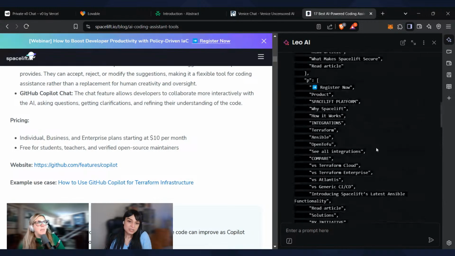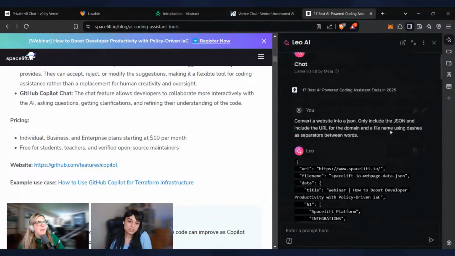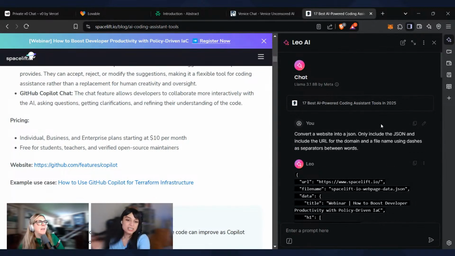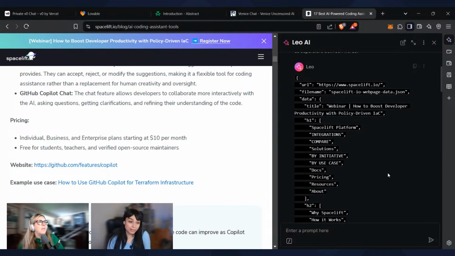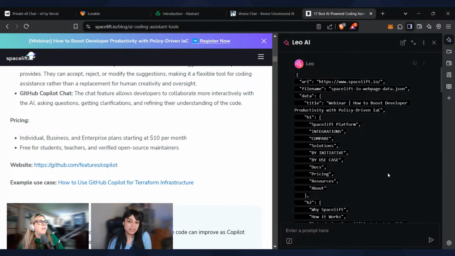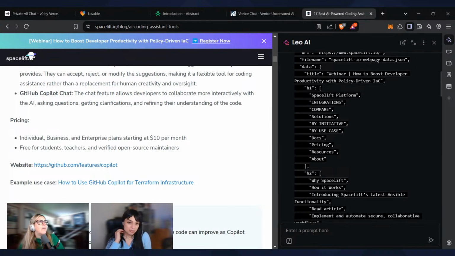Honestly, you'd probably have to pay for more, but you can see the way it's generating there. It says URL, and that's the main URL. Then it has the title and the data. Also the file name, because that way whenever you want to save that file, I have it give me the file name there too.